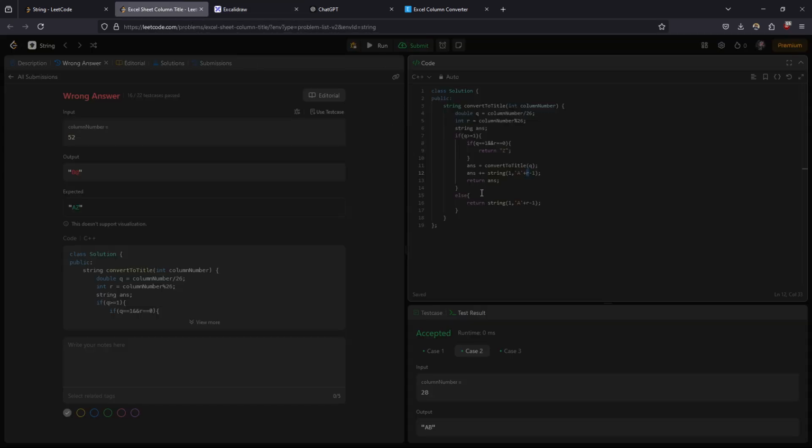I think what we need to do is, if remainder equals 0, then we need to, okay, that's not what I meant. If quotient equals 0, which is true,